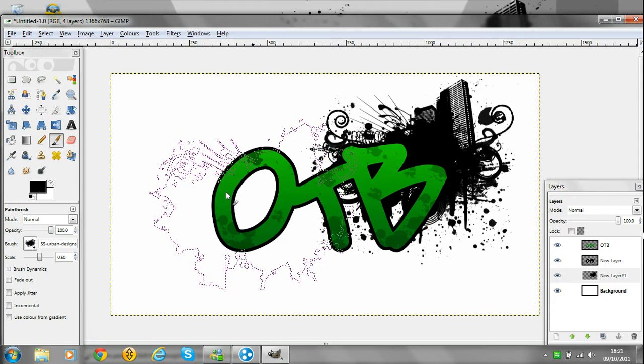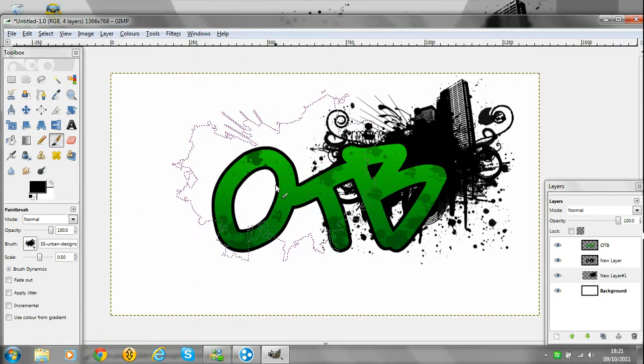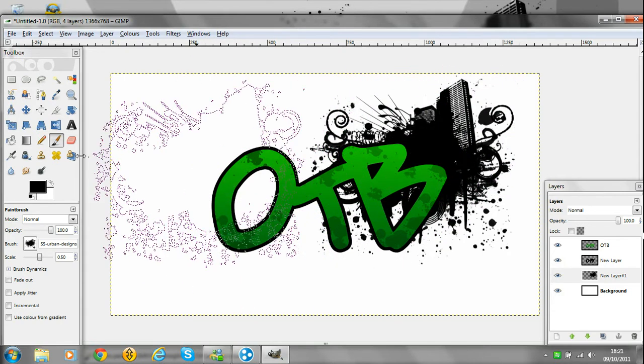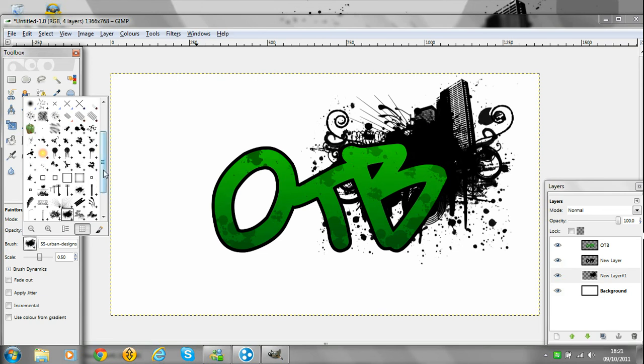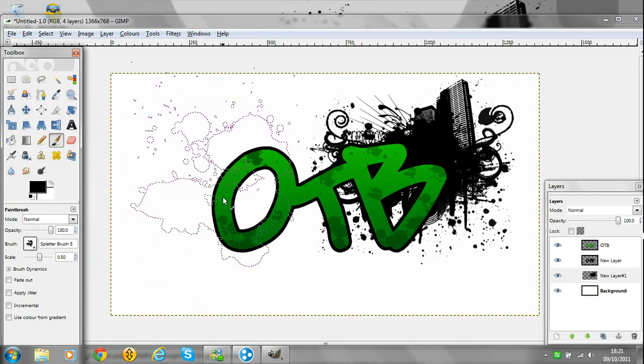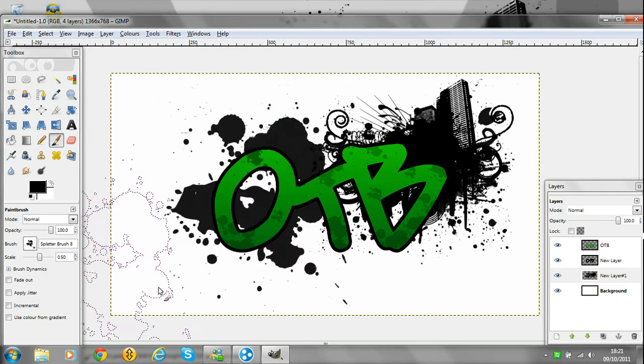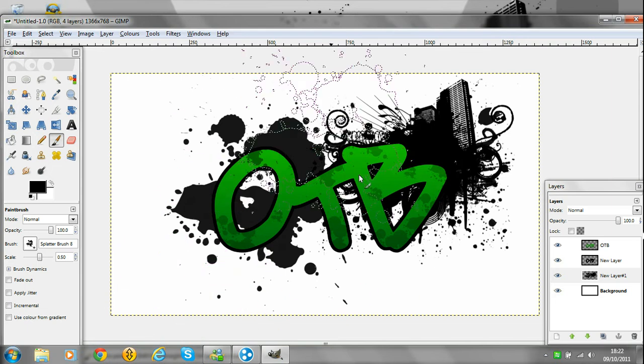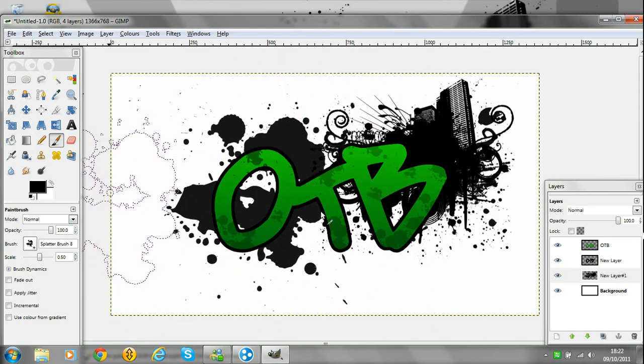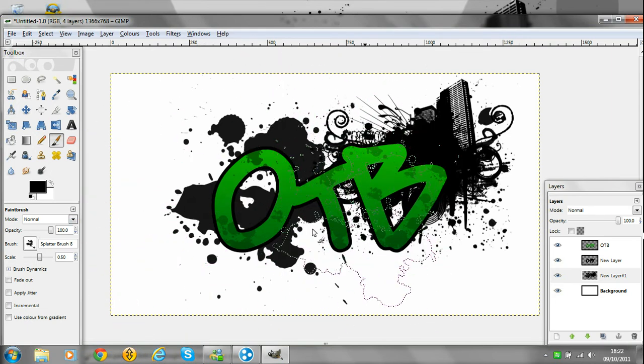And now I'm going to do it again with the other side, but I don't really want to use the same, otherwise it'll look weird. So I'm just going to use a splat again. Use this one. And just click there. So we've got that sorted out, but this seems a bit blank in the middle here,